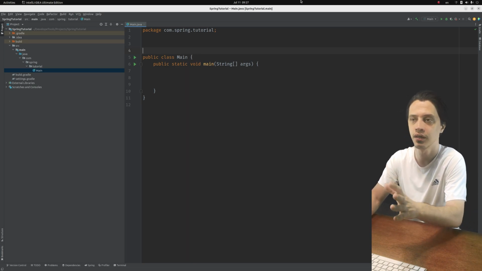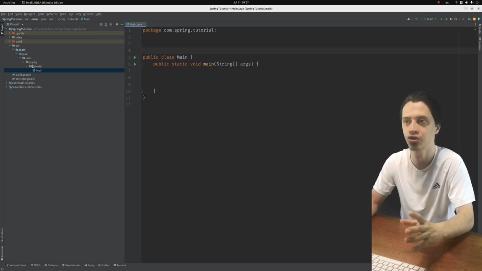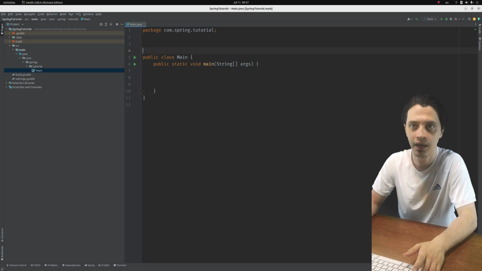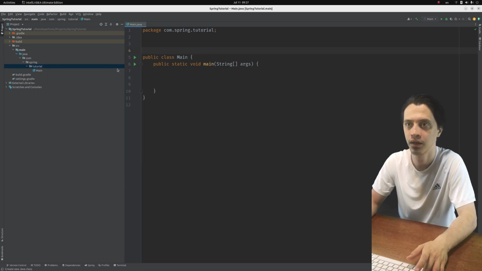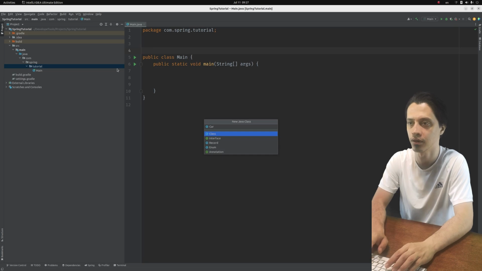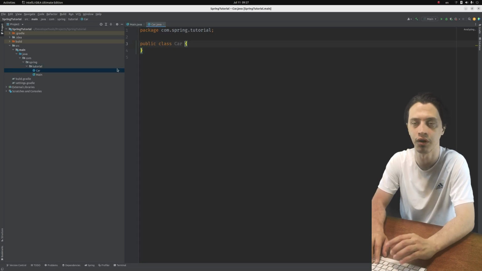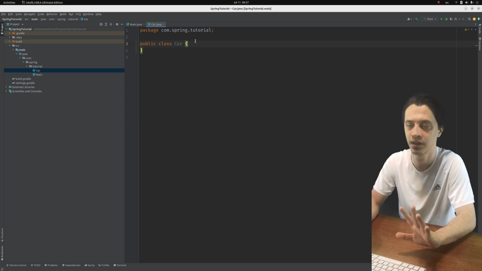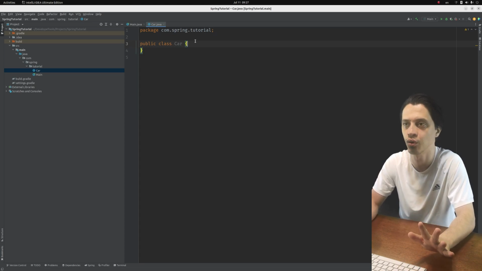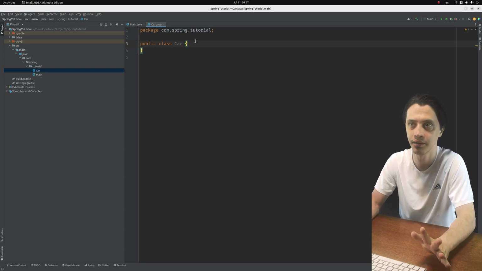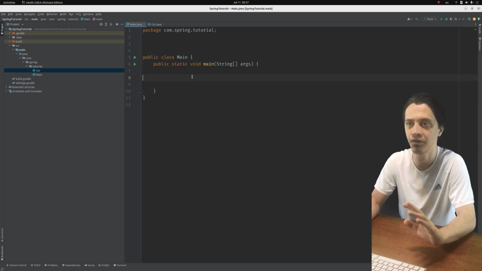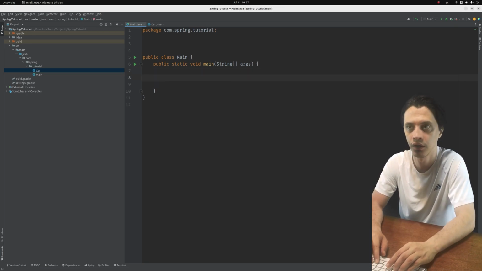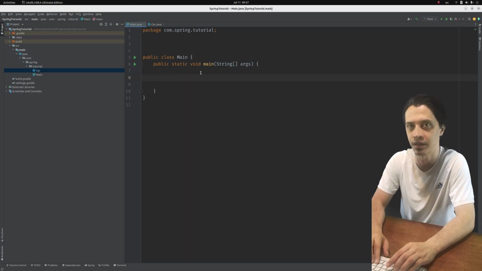So let's first create a simple POJO Java class outside of Spring, and let's see what will happen. Let's say we have this car example, the Car class we had from previous videos. And let's say that it is so simple that it doesn't have any fields or any dependencies yet. If we want to create an instance from this class anywhere, let's say inside the main function,